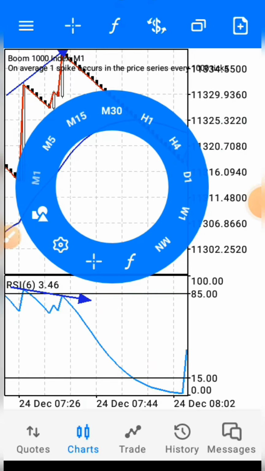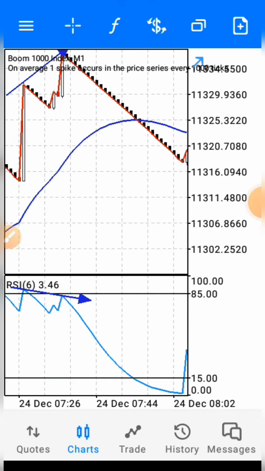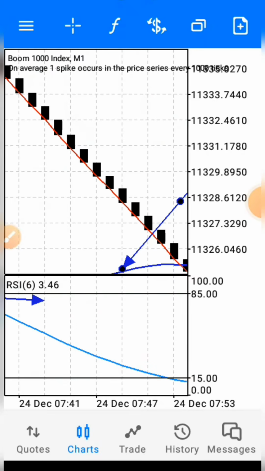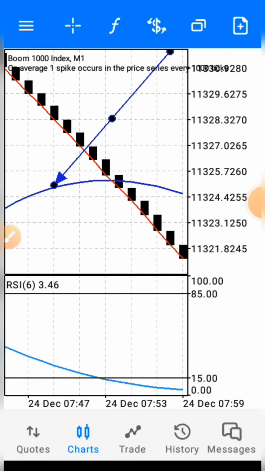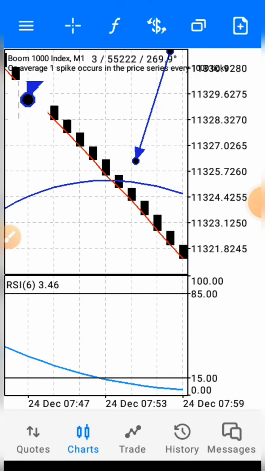Okay, let's say, let me zoom in so that you see what I'm talking about. Let's say this is the candle that crossed the blue line. You are going to wait for this candle to close. So after this candle closes, the next one here, this one here, is the one that you are going